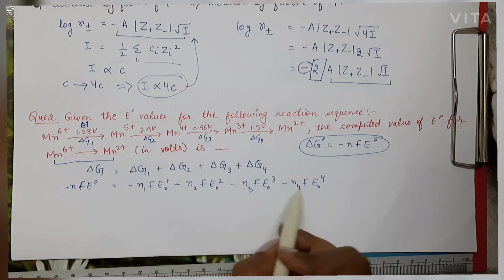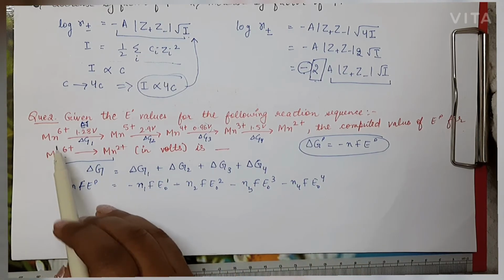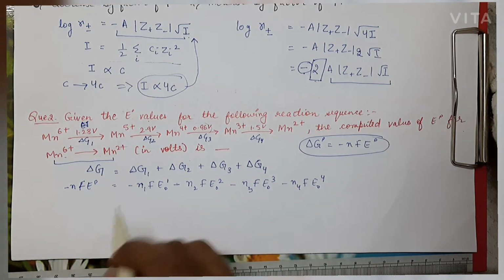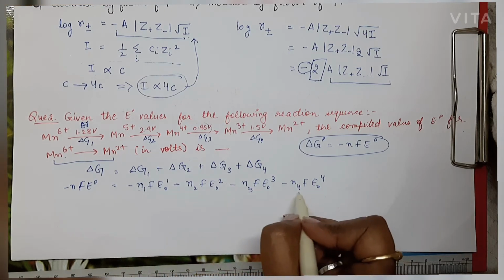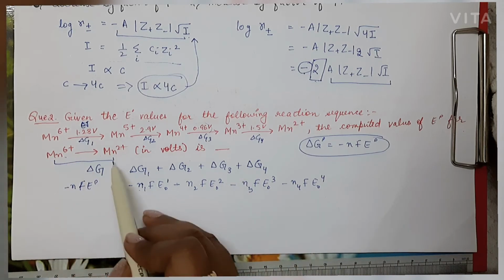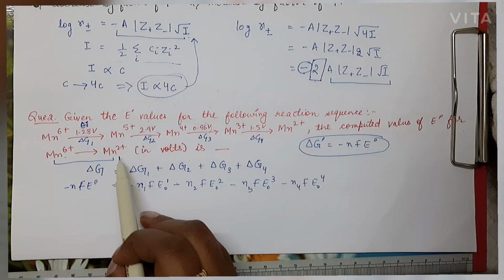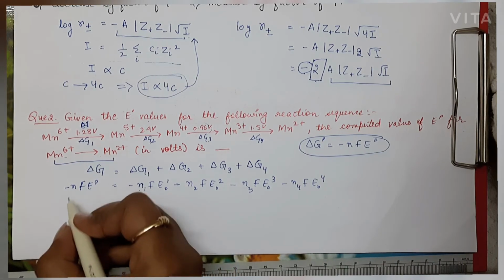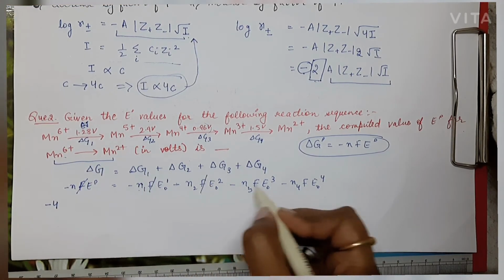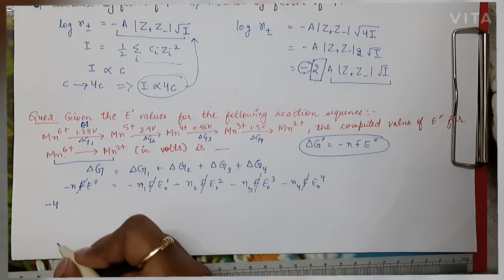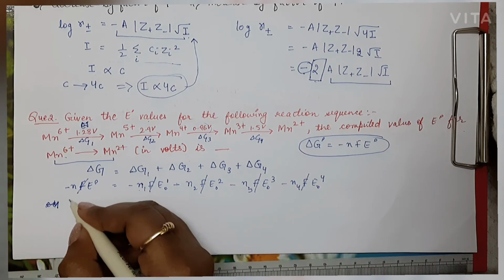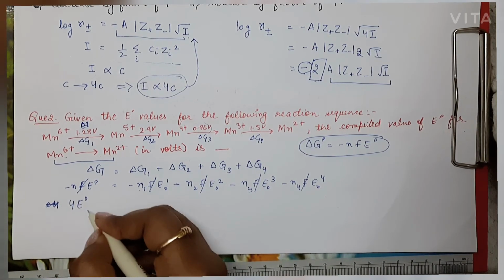See, n is the number of electrons getting exchanged. In the first reaction one electron is getting exchanged, and similarly for the second, third and fourth reactions. So n1, n2, n3 as well as n4 will each have the value of 1. In the final reaction, plus 6 is changing to plus 2, so 4 electrons are changing, and here the n value will be 4. I'll put the n values. F you can cancel, and you can take the negative sign common, so the negative will also cancel out. So it will be 4 E naught equal to